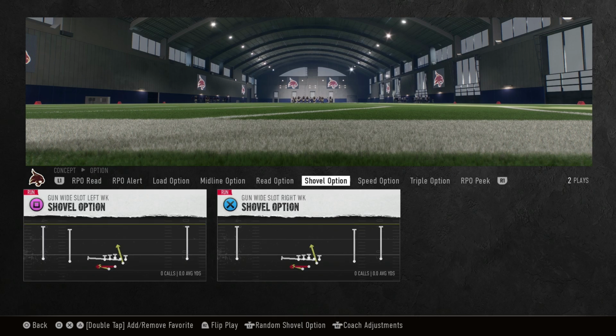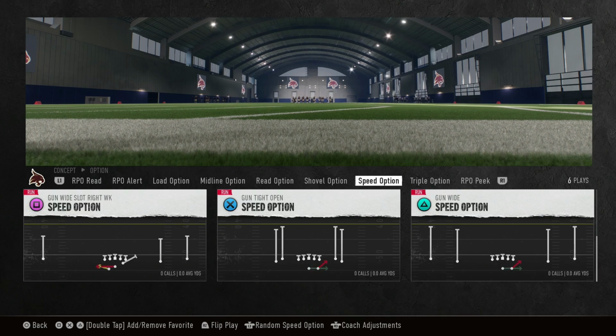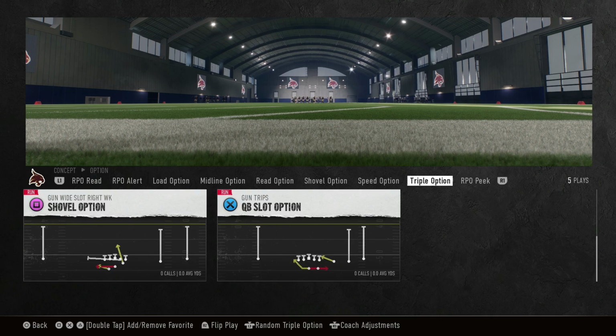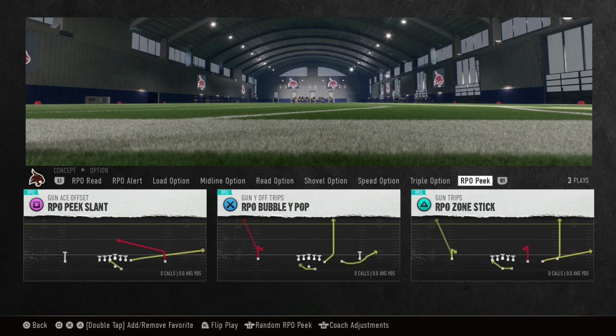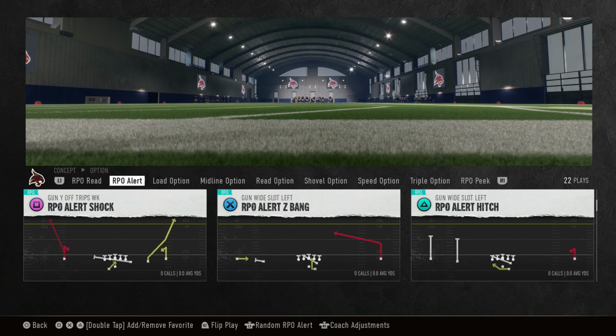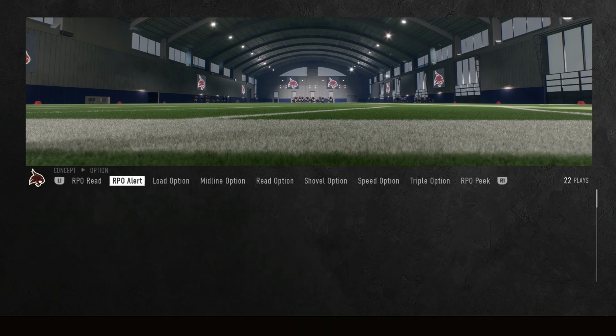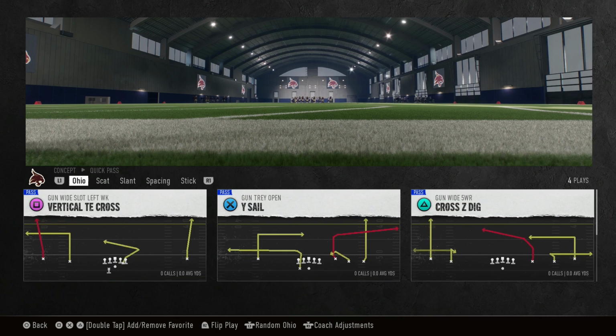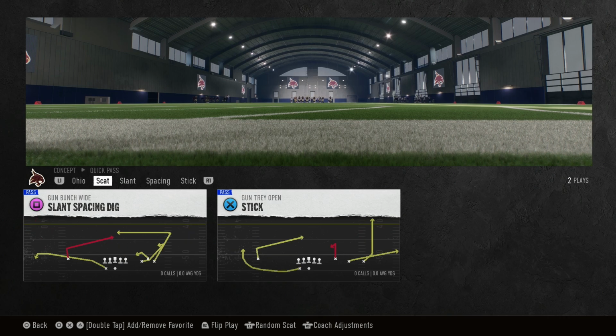You also got a couple shovels. Those are those speeds we just looked at. And you got 5 triples, and what's interesting is some of these are from those gun wide sets, which I think is pretty interesting. I'm not going to try to replicate one of them. I'm not good with them. But either way, you got 5 of those, and you got 3 peaks. So the bulk of these is going to be your alerts and some of your reads built in with a lot of read option. You go over to quick pass, you got 4 Ohios, you got 2 scats, you got